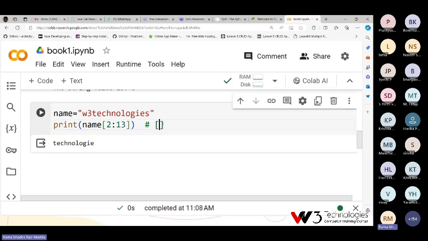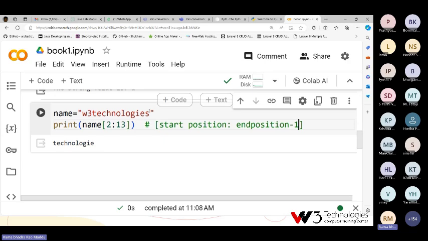So in slicing, start position colon end position minus 1 will be considered. Means if you give 13, it will take 13 minus 1. So then you need to mention 14.